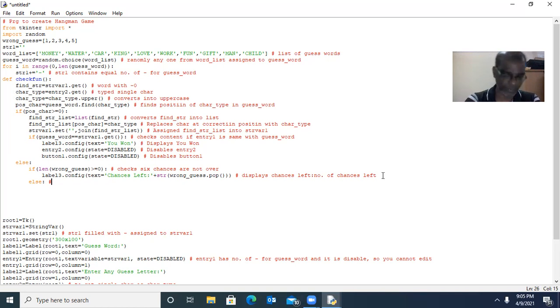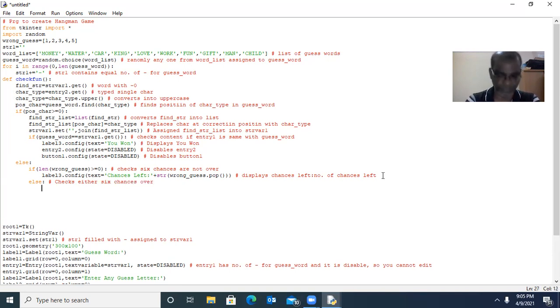Check either 6 characters, 6 chances are over, game finished. Then label 3.config with text equal to you lost.